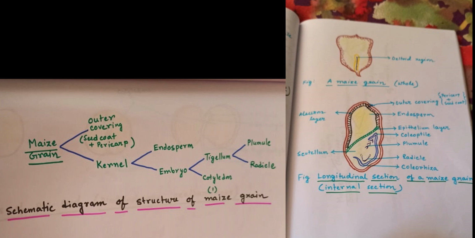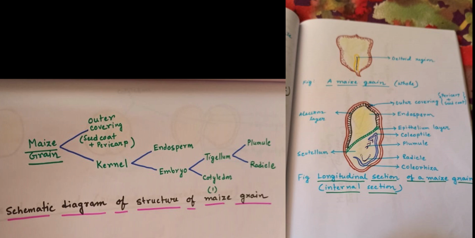There are two layers in the endosperm of a monocot seed, that is the aleurone layer and the epithelium layer. The outer covering of the endosperm that separates it from the embryo, a proteinaceous layer, is called the aleurone layer, and the layer between the plant and its stored food is called the epithelium layer. So these are the two layers that separate the endosperm from the embryo and the stored food.